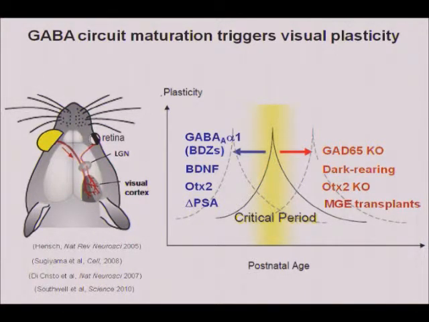And conversely, if you prematurely enhance inhibitory neuron development or function, you can accelerate the onset of this window of plasticity. So I'll give you some highlights. For example, you can knock out one of the two enzymes that produces GABA, the synthetic enzyme for GABA, and these mice fail to enter the critical period until you restore inhibition pharmacologically, for example, with benzodiazepines. So if you take a mutant mouse like this one, the critical period is waiting until they're given some Valium.